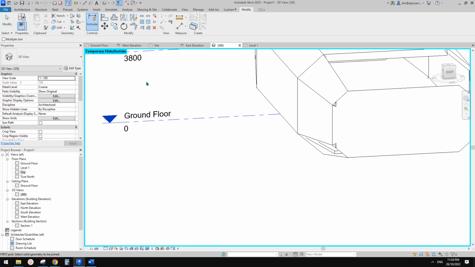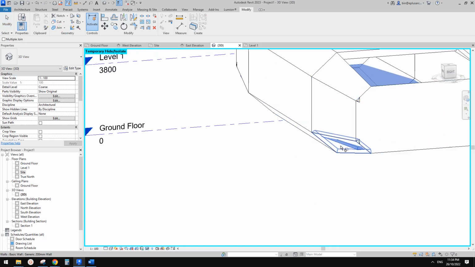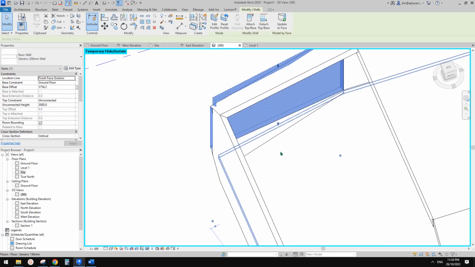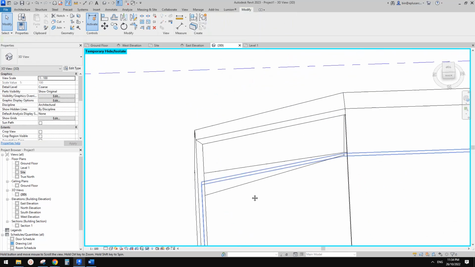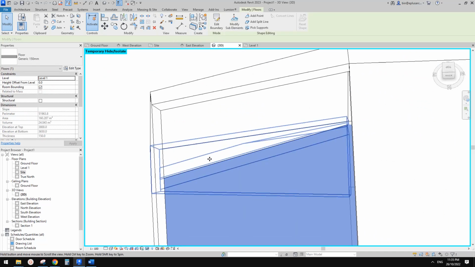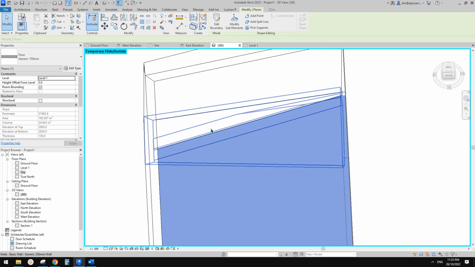You can just use join, click on the floor, click on this wall, and sometimes you might find that because of the difference you might need to adjust, but for this one it's fine. Because I click the floor first and then click the wall, it will cut a